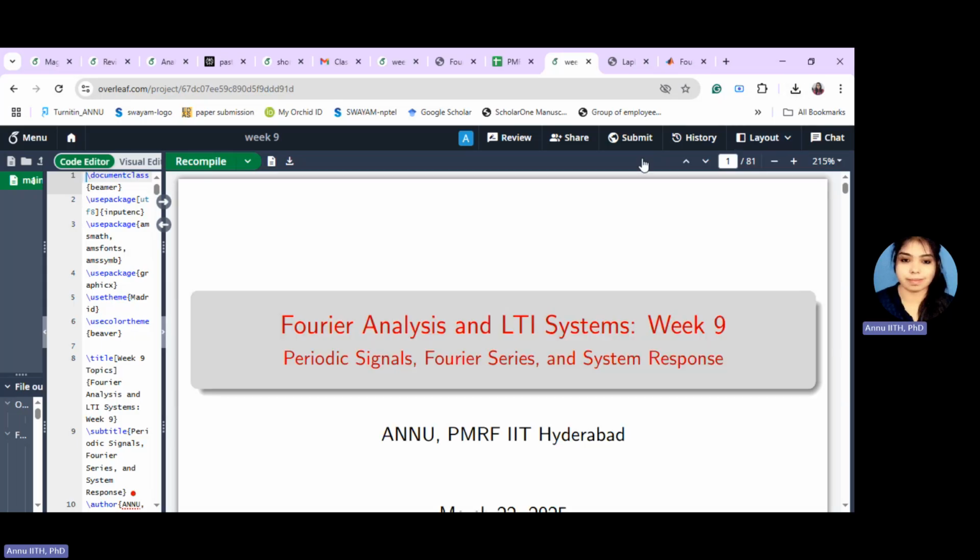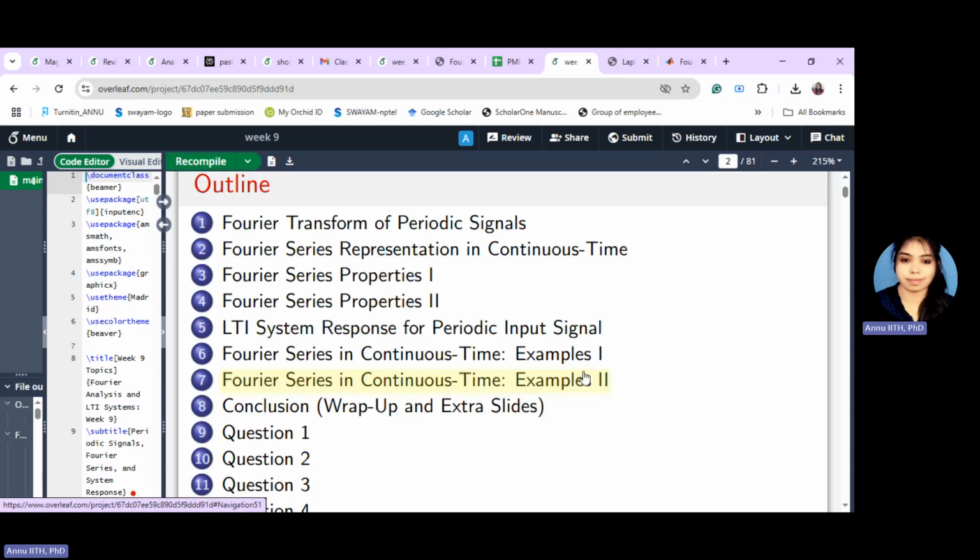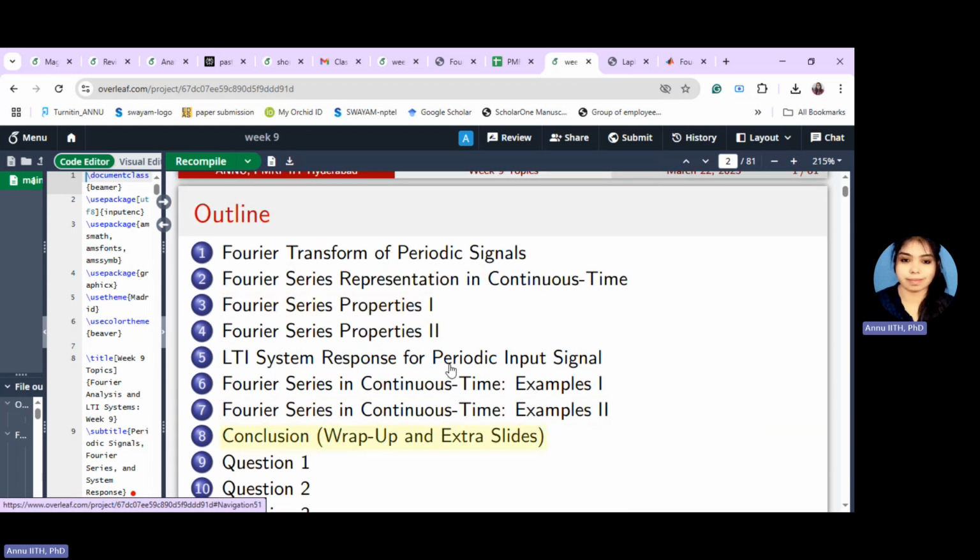So we'll be going through the periodic signals, Fourier series, and the system responses. And then some of the outline is like this: Fourier transform, periodic signals, then Fourier series representation, then Fourier series properties, then some properties of Fourier series that come in part 2, then LTI system response for periodic input signal,